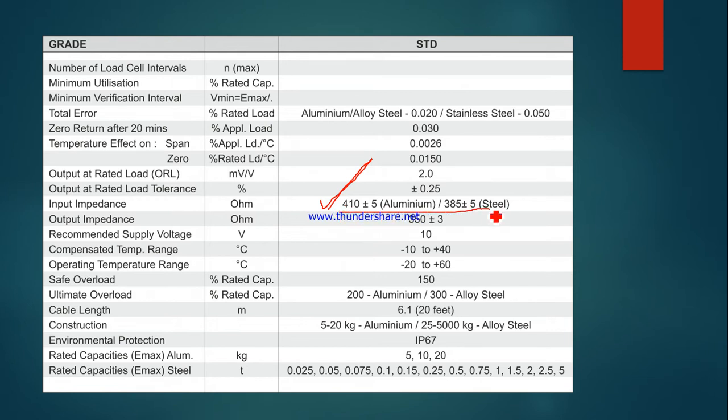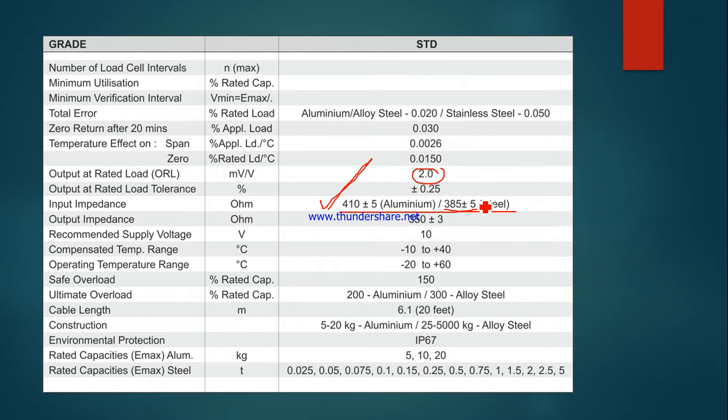That is foremost. If any amplifier is customized to interface with a load cell, then normally the typical values will be considered and taken care of.